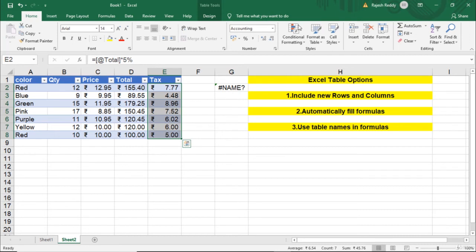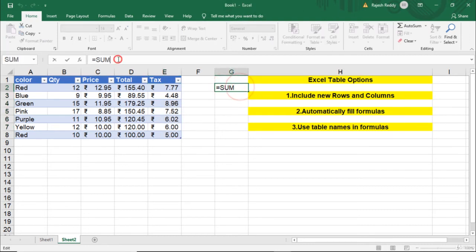Sum, select this total tax. See here, whenever you select these ranges, it will display the table name as well as the tax column name. It does not display any row names. Did you observe over here? That is the beauty of use table names in formulas.